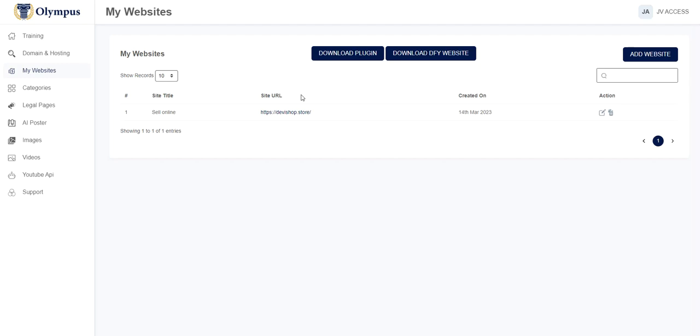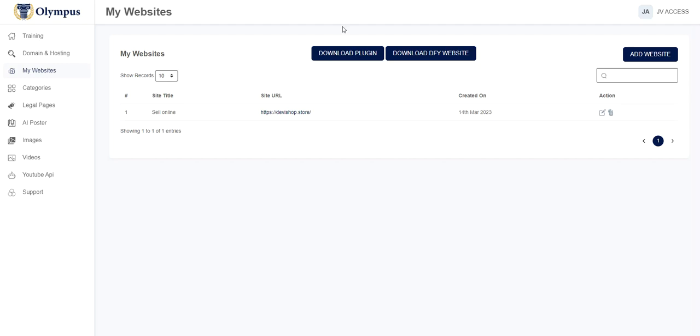Now, why do we need a website? What is this all about? Why do we need to set a website? Why do we need a domain? Why do we need hosting? What's all this about? Okay, so Olympus is all about helping affiliate marketers get started very quickly. So that has been established, and how Olympus is doing it is using these different tools that it provides us,